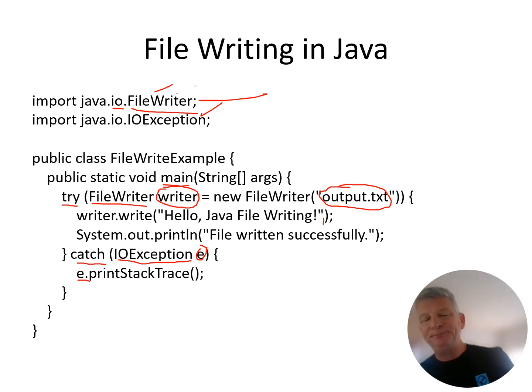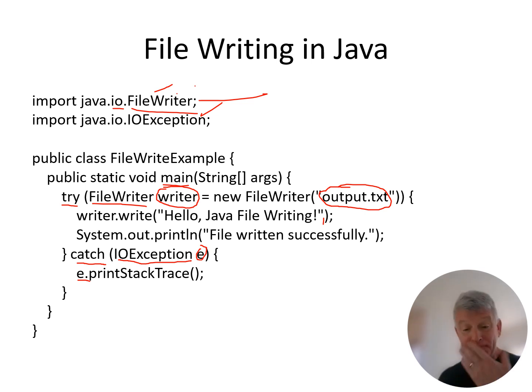Now here's what's cool. If you don't have a file, and I'll show you when we do our example, Java's just going to go ahead and build a file for you. It's going to be like, hey, I'll build the file for you. I don't care. So Java's pretty cool that way. C++ does the same thing. C# does the same thing. They're all pretty good about using the file writer to write a file. Python does it. JavaScript doesn't, because JavaScript sucks. Anyways, sorry if you're going to be a web dev kid,